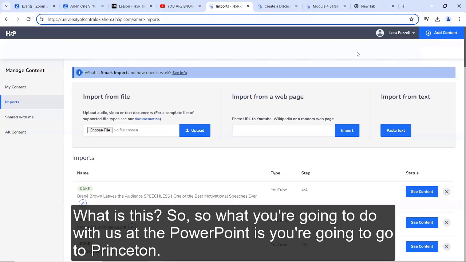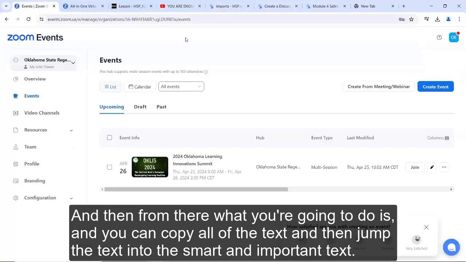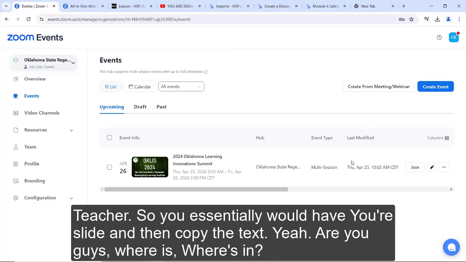What you're going to do with the PowerPoint is go to print, and print as an outline. Then you can copy all of the text, and dump the text into the Smart Import text feature. So you essentially would have your slide and then copy the text? Yeah, that's how you'll be able to get the notes.